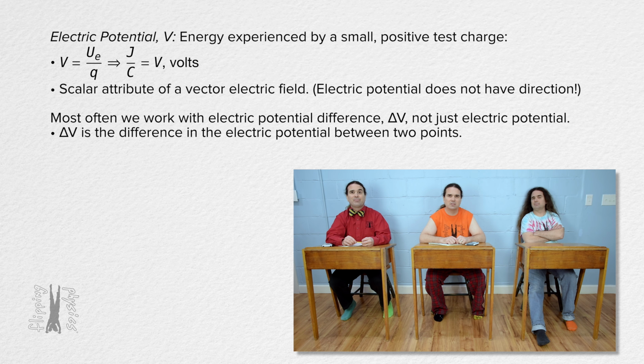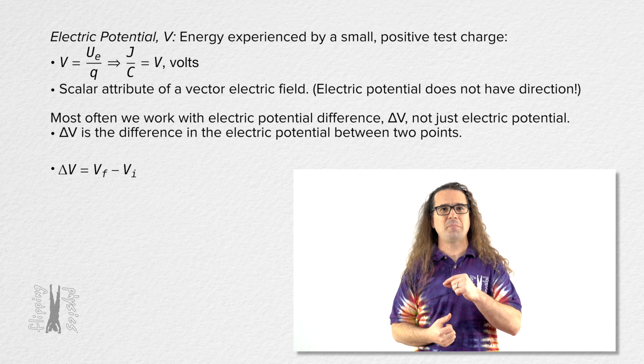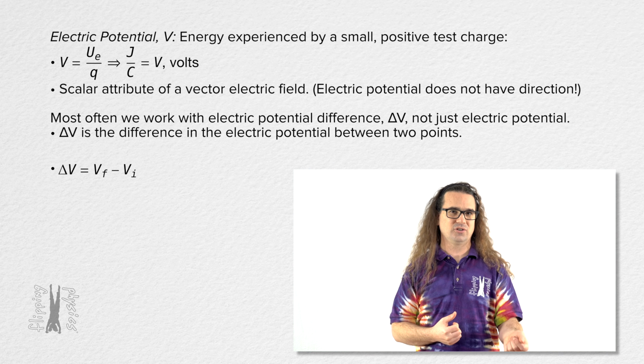Actually, electric potential difference is better because it is a difference in the electric potential values at each location, regardless of whether a charge actually moves through that difference or not. So nothing has to go through a change in electric potential. The electric potential difference is just always there. That actually makes sense. Electric potential difference equals electric potential final minus electric potential initial.